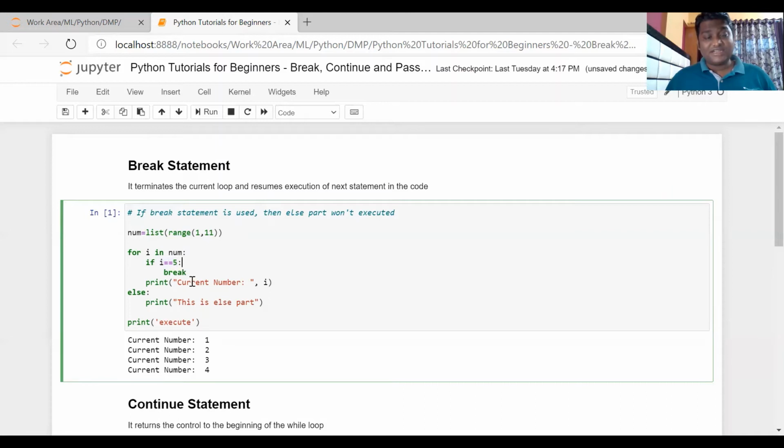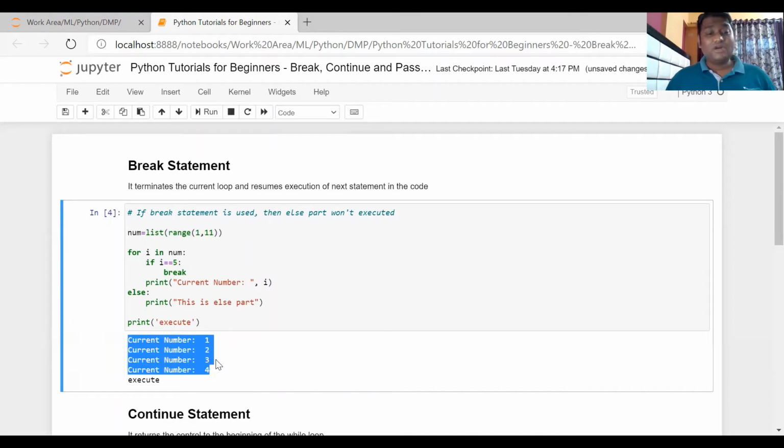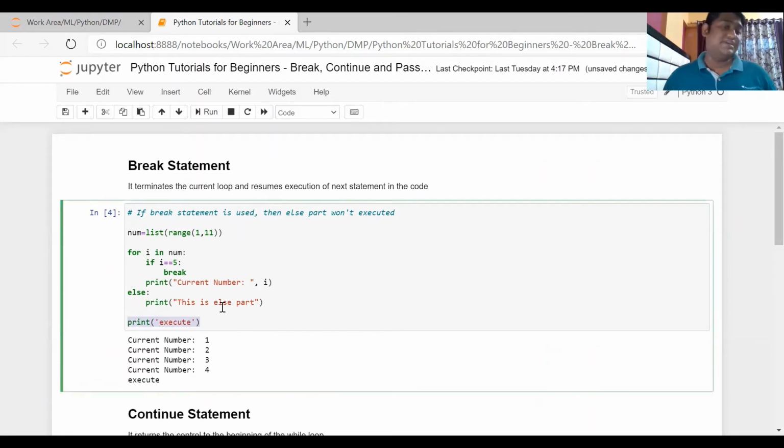It will check that, okay, i is equal to 5. Then it will go inside the if clause, and there is a break. Now when break hits, right, it will take your execution out of this for loop, and this statement will get printed. So if I execute it here, you can see it has printed value 1, 2, 3, 4, and then executed this, which is your last statement in your script.